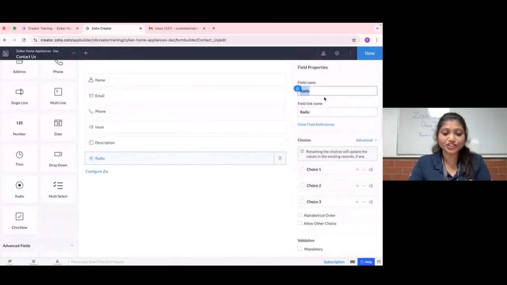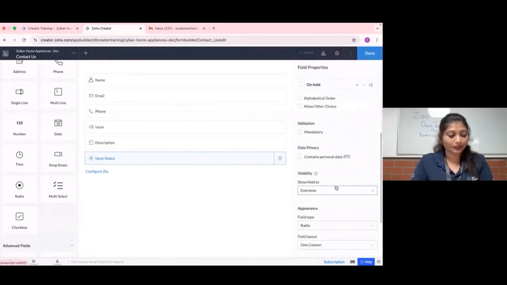I'll call it issue status, and the options in the radio button are going to be open, resolved, and on hold. Now we have created a form with name, email, phone number, issue, description, and the issue status. So now I'll click done.